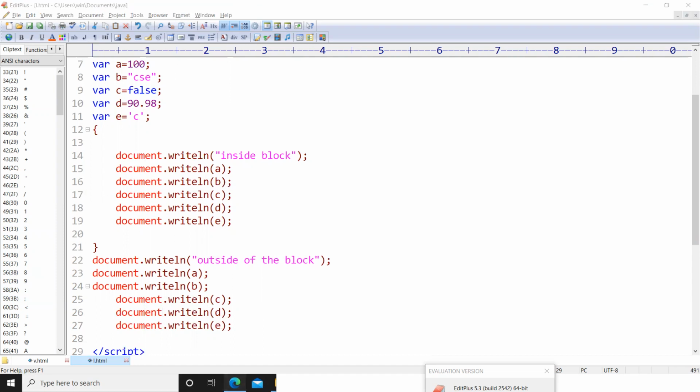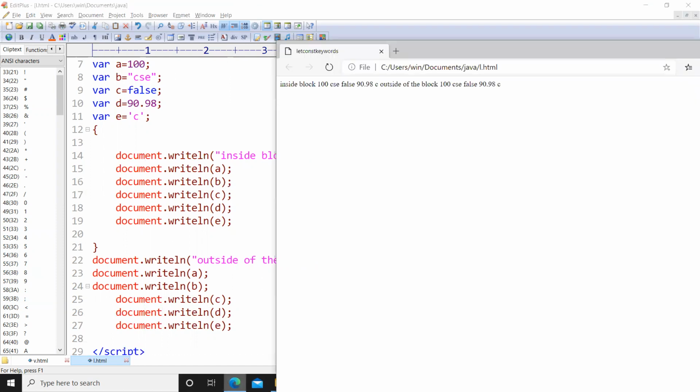Let us save the code, refresh, and observe the output.